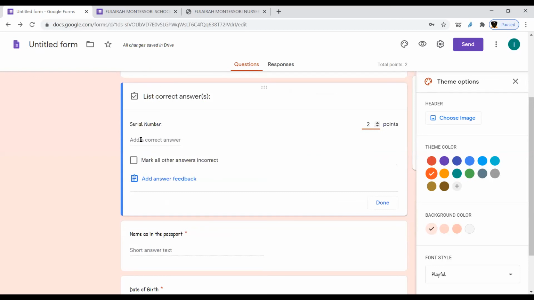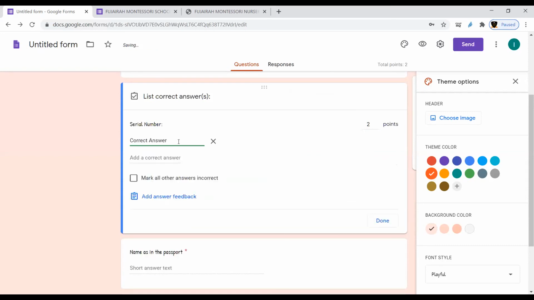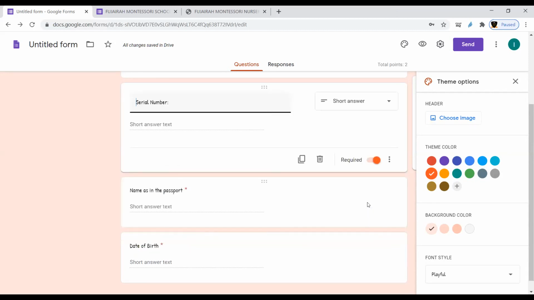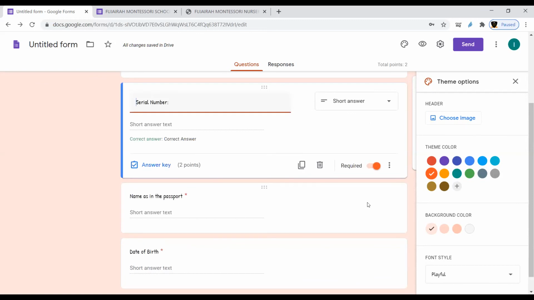And here, if you want to give the answer of that question, you have to write the correct answer here from the checking point of view. Once you write the answer, if you're giving some option, click the answer like option A, option B, or option C. It will automatically judge the answer of the participants. Once the participant submits the answer, you will be able to see the marks directly. It is auto calculated, so you need not check it.